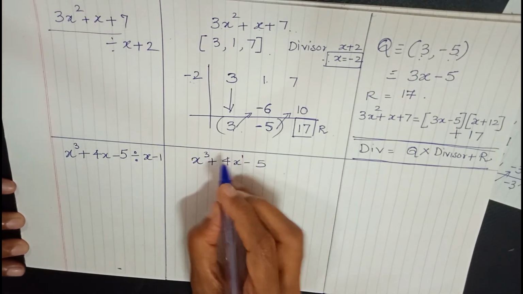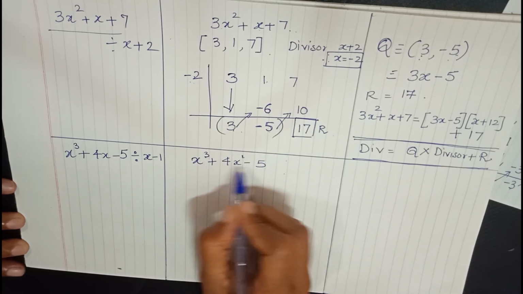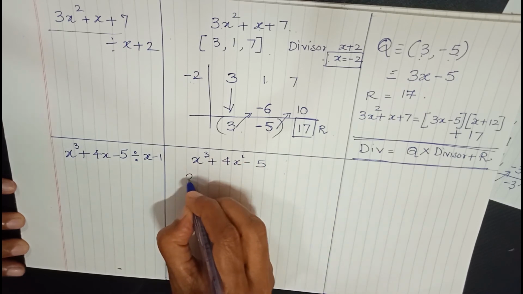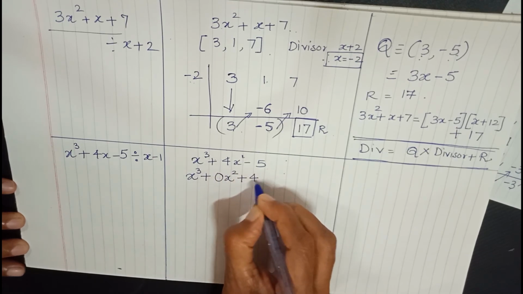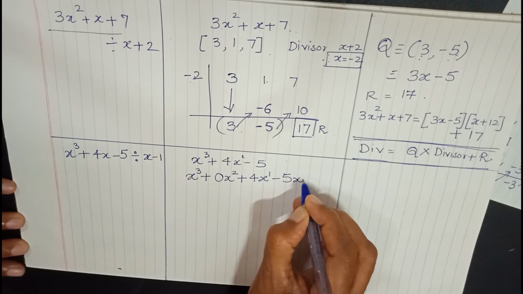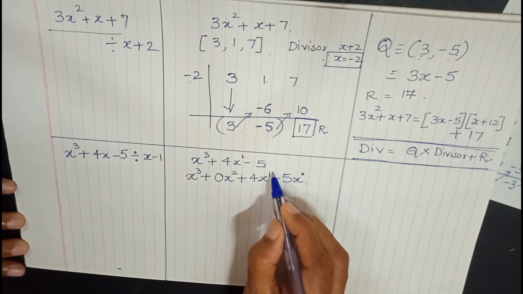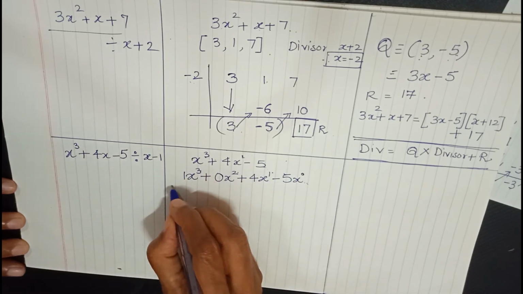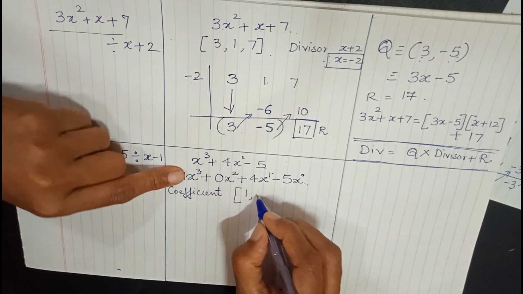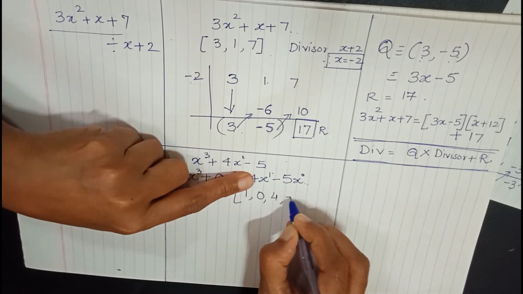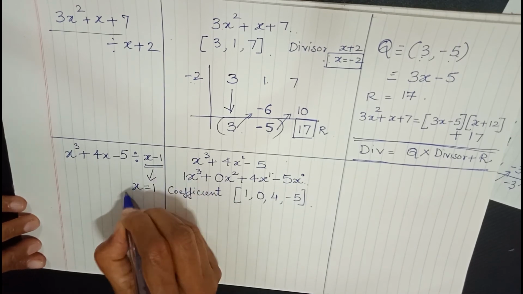Now this is in the standard form, 3, 1 and then 0. But you can see there are still some degrees which are missing. So let's first incorporate those. x raised to 2 is missing. So 0 x raised to 2, 4 x raised to 1 and minus 5 x raised to 0. 5 is nothing but x raised to 0. So you can see we got all the degrees here: 0, 1, 2 and 3. So now let's write it out in the coefficient form. Coefficient form will be 1, comma 0, comma 4 and minus 5. And the divisor that we have will be 1.